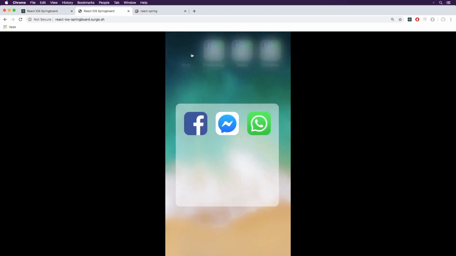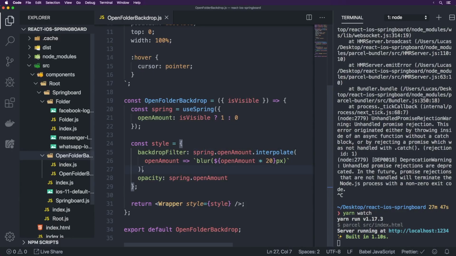And now, I don't know if you can tell, but it's a very subtle difference that the blur amount actually comes in slowly as opposed to what it was before. So this is the same blur effect as this one over here. So now, once we've done that, we're also going to add something for pointer events, and this is a little